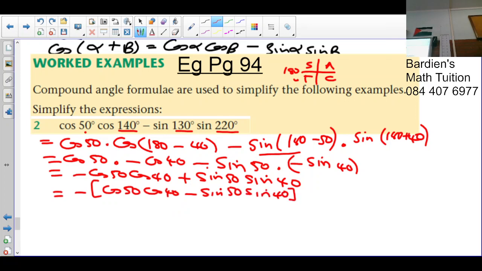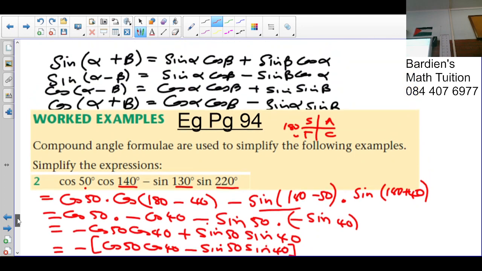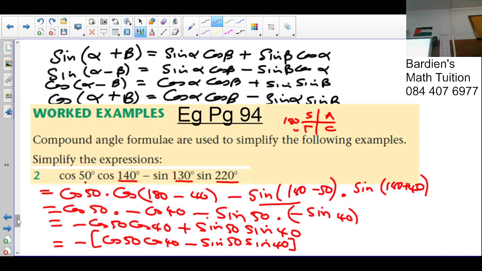So what you should see is cos alpha, cos beta minus sine alpha, sine beta. Can you all see that, people? So which one of the four is it? It's number? The fourth one. You all agree with that? Remember, it's going to be cos alpha, cos beta, minus sine alpha, sine beta. So I see these angles here as alpha and beta. You all understand that?